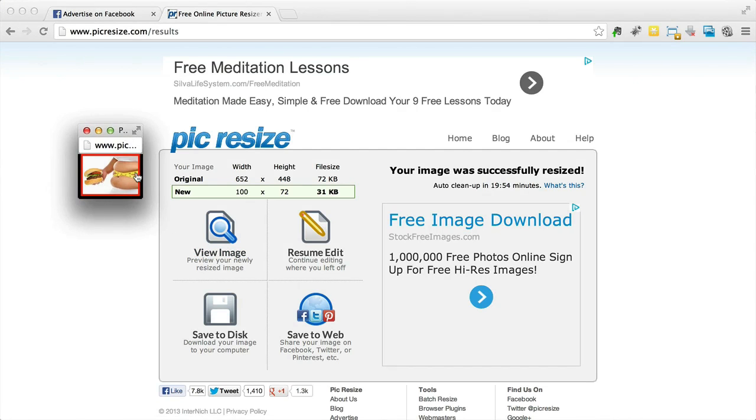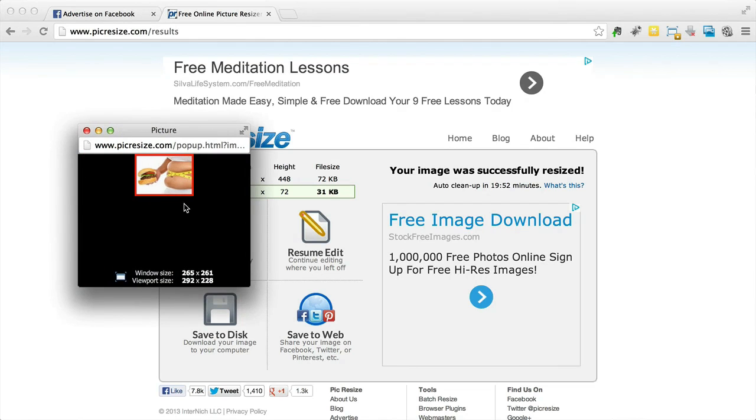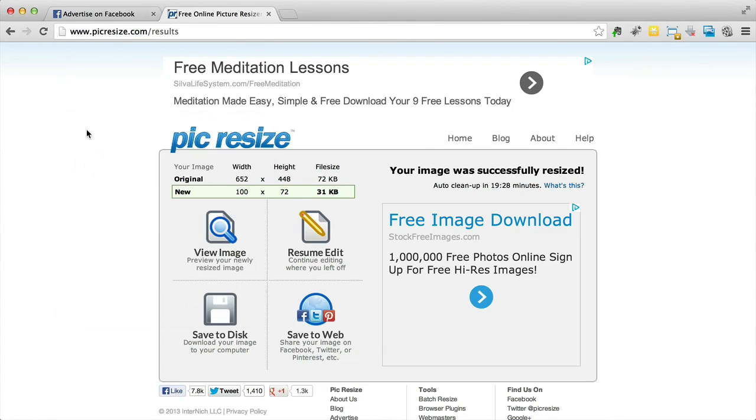As you can see, the border now looks perfectly fine. This is a lot better than the picture we saw earlier with a really huge border. That's not something we want. We do want a border, but we don't want to waste too much of our picture space with a border. So that's how you create these Facebook ads with borders. It's really simple. The best thing about it is that you don't need Photoshop. You don't need to be good with photo manipulation or anything. All you need is this website,